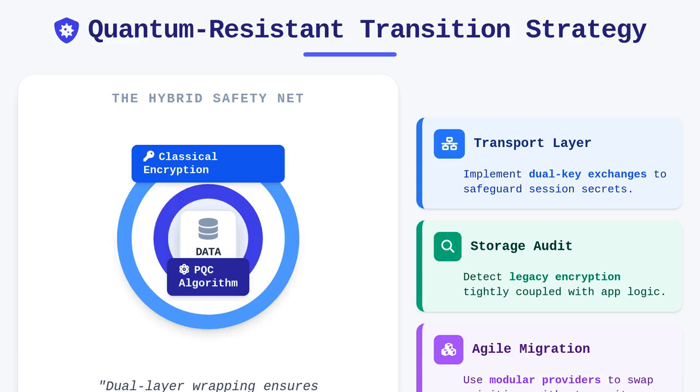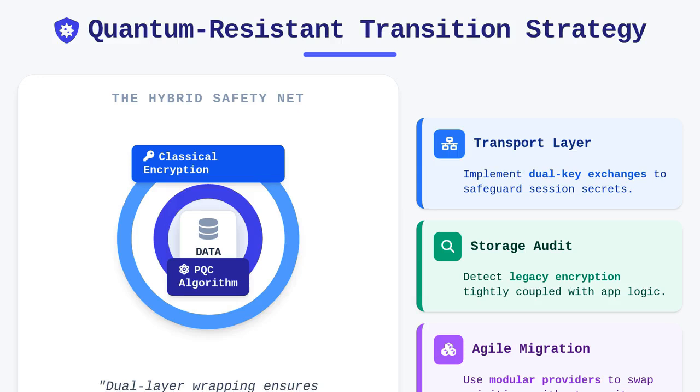The recommended strategy for bridging the gap between classical systems and a quantum-resistant future involves the configuration of hybrid cryptographic layers. In a hybrid approach, data is wrapped in two layers of encryption, one using an established classical algorithm and the second using a PQC algorithm. This provides a safety net because if one algorithm is found to be flawed or broken, the other still provides a layer of security. This methodology is particularly relevant for transport layer protocols, where we can negotiate dual key exchanges